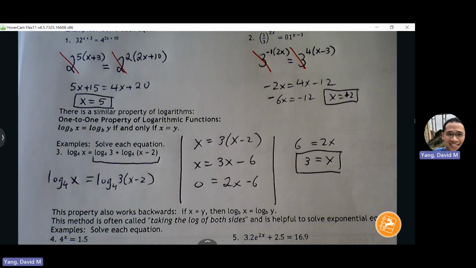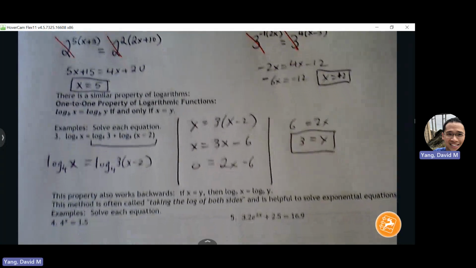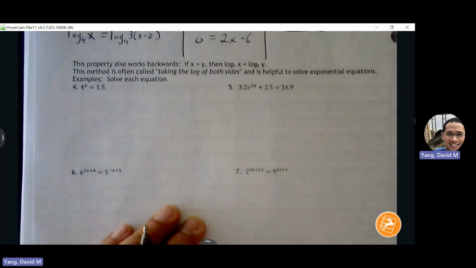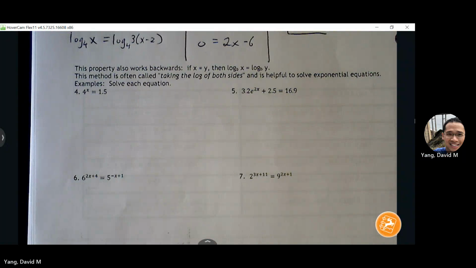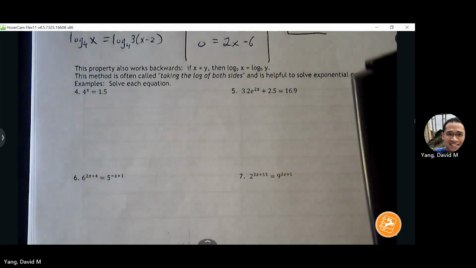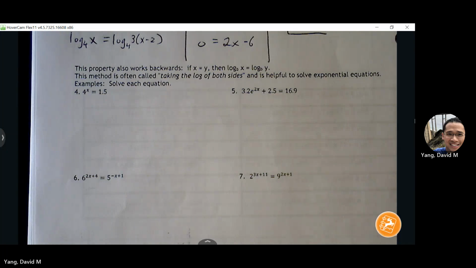All right, so now let's talk about problems that require a little bit of help from the calculator. Now, on your calculator, you have log base 10 and log base e that are available for you to use. So if you see on your calculator,